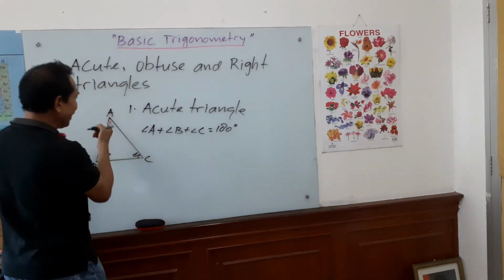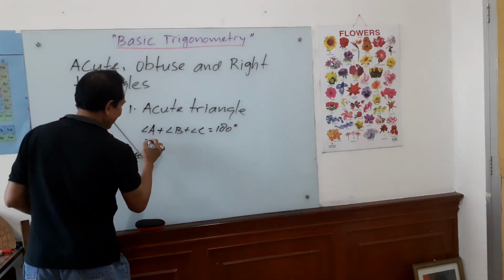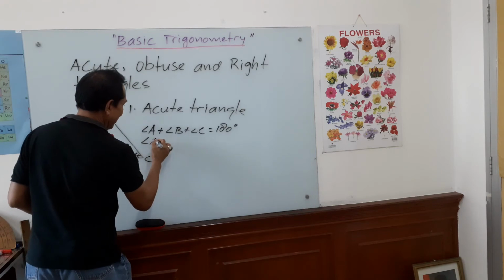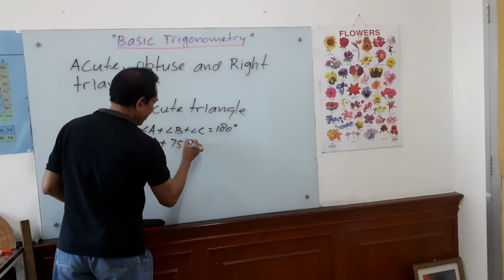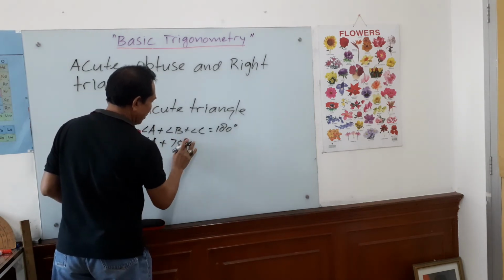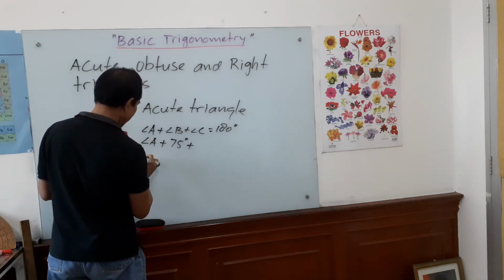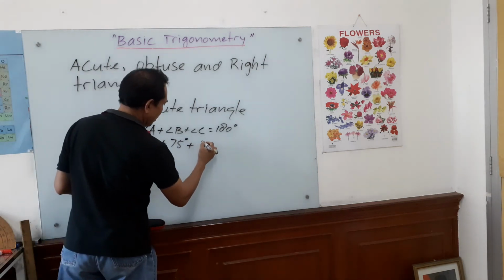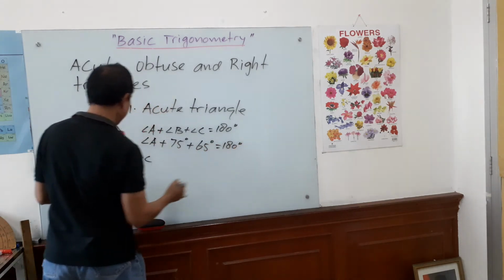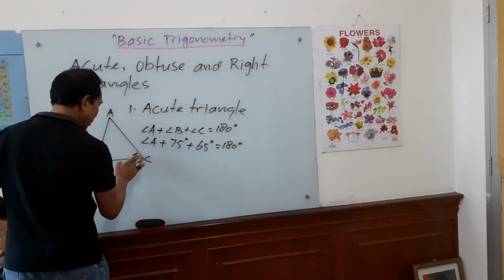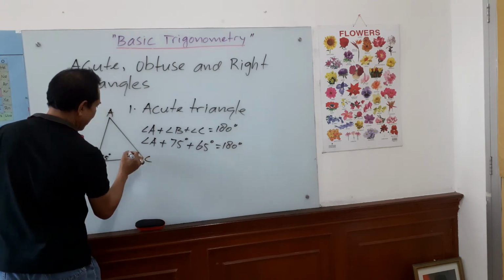So, we want to find how big is A. So, because A we do not know, angle A plus B is 75 degrees plus C is 65 degrees equals 180 degrees. Okay, let me write this properly